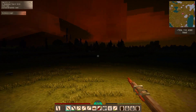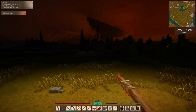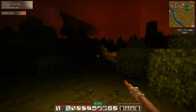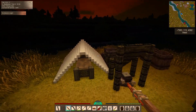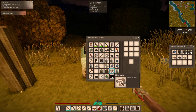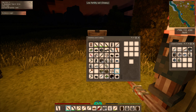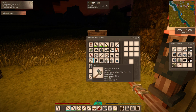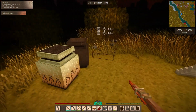Problem is, with it being dark, I might actually relocate my camp over to, mind you, then you've got the problem that I'm not near my boat. So yeah, damned if you do, damned if I don't, really, aren't I? Let's have a look. What do we get? We've got some seeds, a bit of that, terra preta, a bit of that, some junk, some of that, more seeds, need more storage,